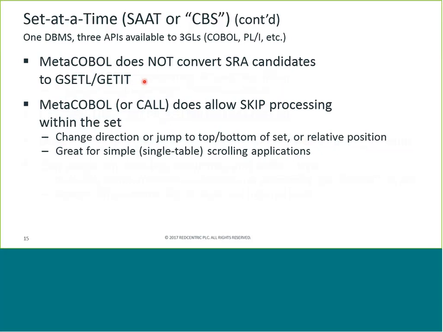Okay. MetaCOBOL, I mentioned, doesn't convert sequential read ahead candidates automatically to GSETL and GETIT. So for that, you need to convert to locate sequential and read sequential statements within your MetaCOBOL program if you want to take advantage of sequential read ahead. What MetaCOBOL does do, which Ideal doesn't, is to allow skip processing within the set. So having established the for construct, I've actually got a for each program, a single for each program with a